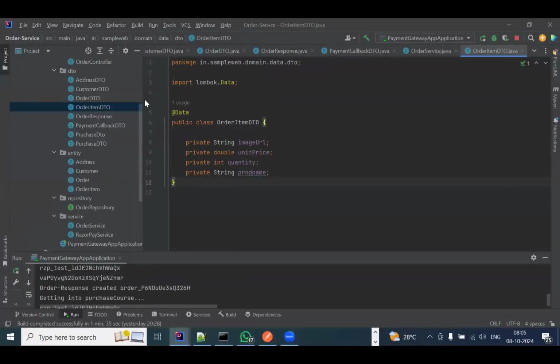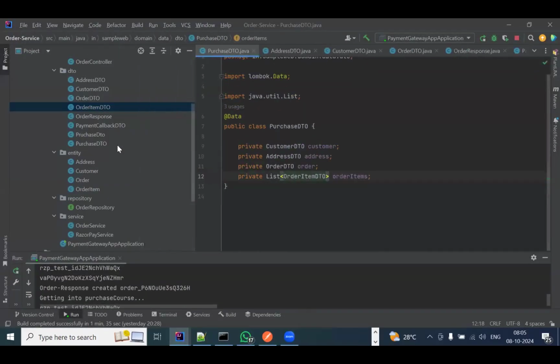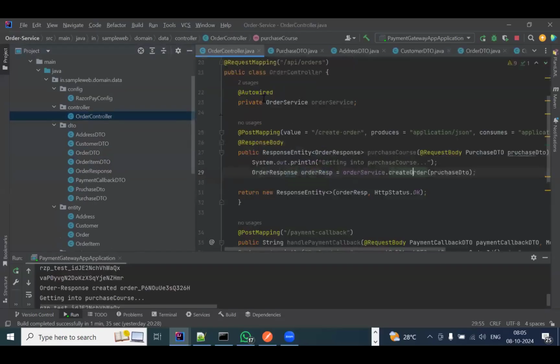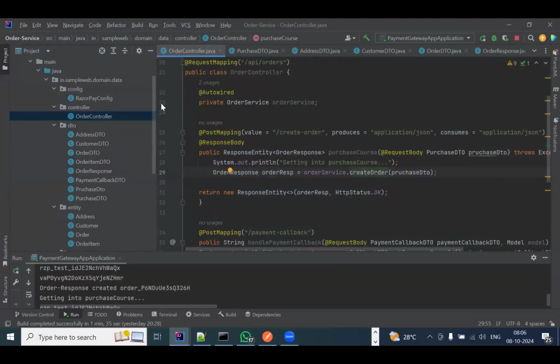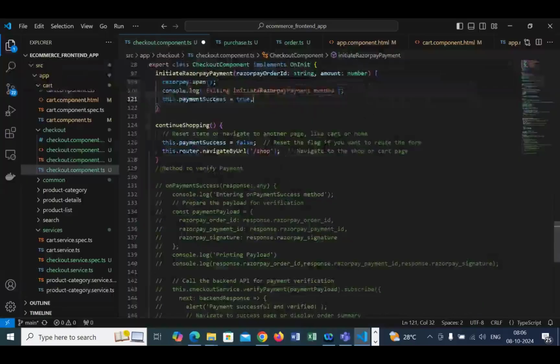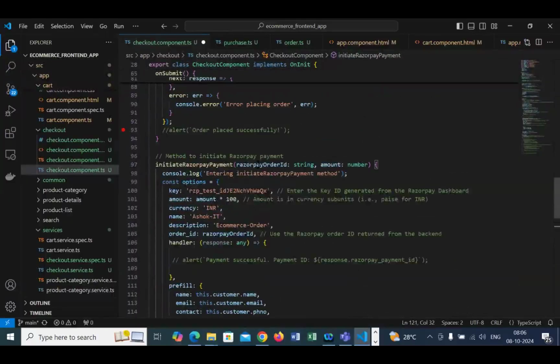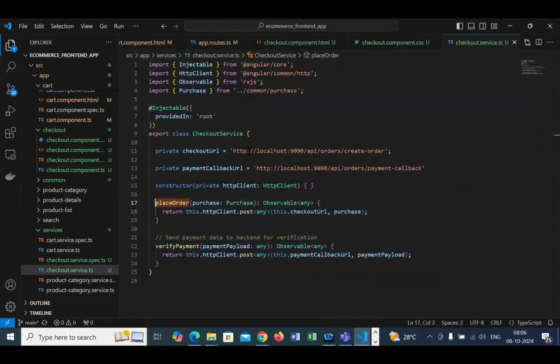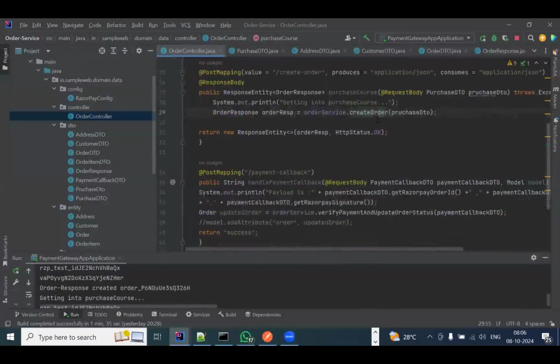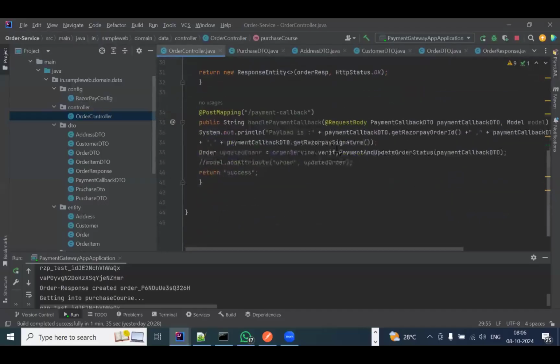Here, 1 minute. This order controller, whatever I did, you saw right here. You are placing the order. It is going to the create order method. Everything is done with create order. Okay. Next I have started